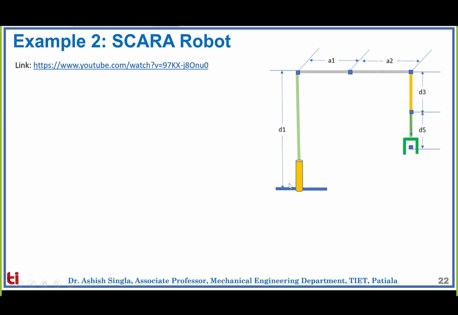So we have this line diagram of the robot. First of all, we need to understand what are the degrees of freedom of this robot. So first degree of freedom is about this, which is called the theta 1 angle. Then you have the second joint over here. This is also theta 2, and then there is a joint over here about which Z3 moves, the vertical d3 axis prismatic joint, and then finally you have this theta 4 about which the final tool can roll. So these are the 4 degrees of freedom of this SCARA robot.